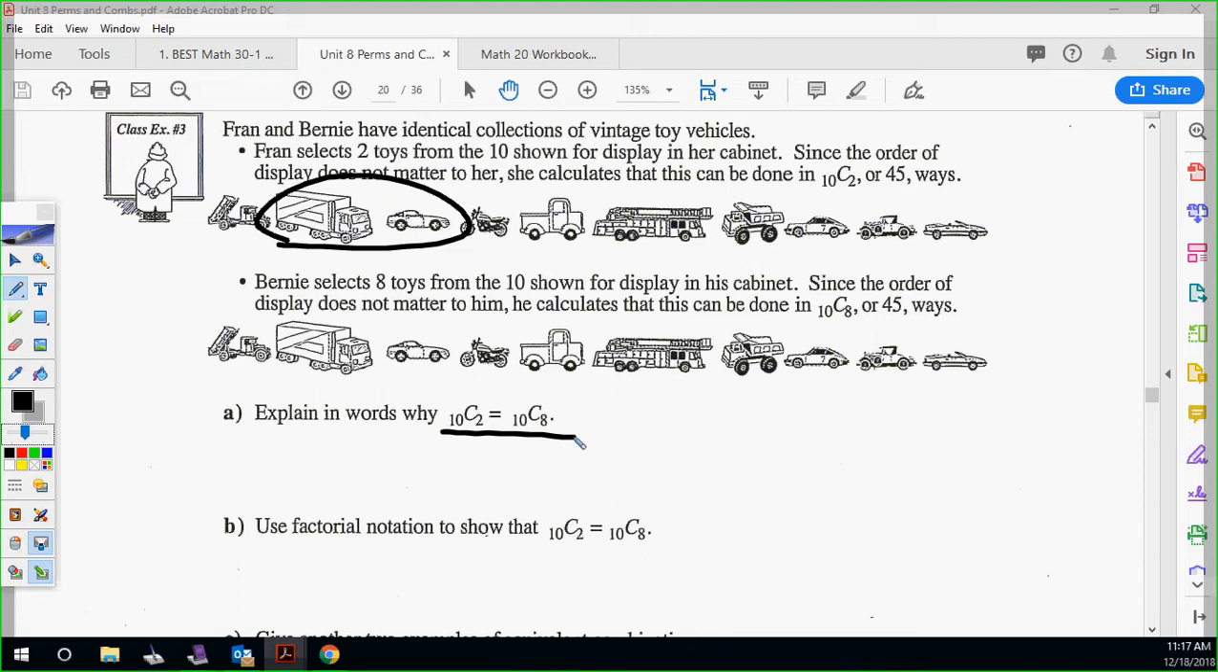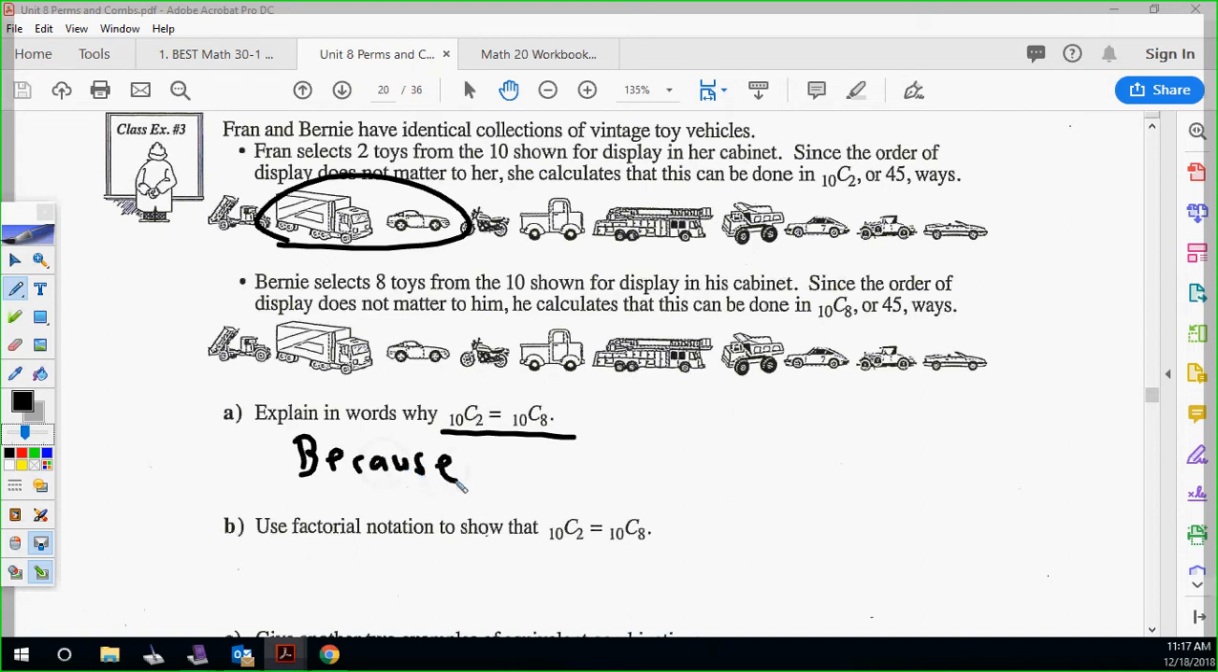So 10 choose 2 and 10 choose 8 is the same idea, because that 2 and 8 just switch positions, but those combinations are the same. So it's the fact that it's 10 and 2 and 10 and 8. For example, would 10 and 6 and 10 and 4 be the same? Yeah, they should be, right? Okay, so because they say in words,